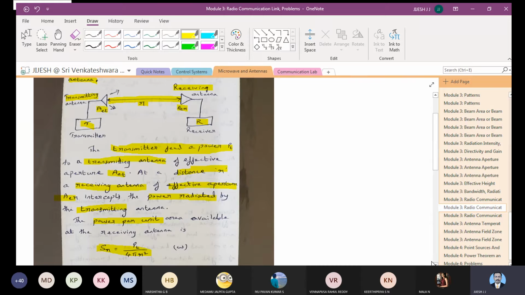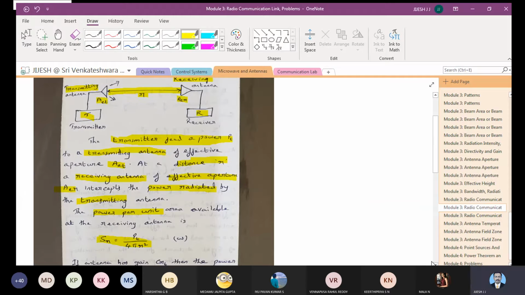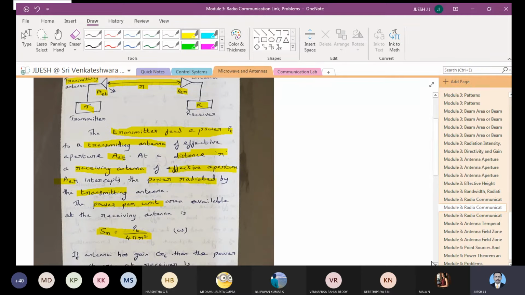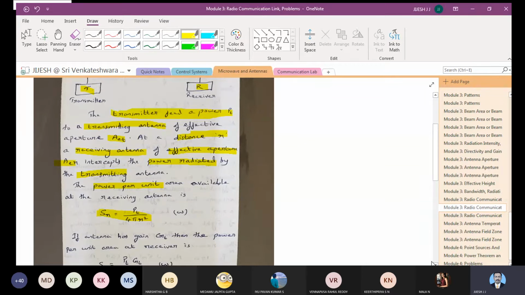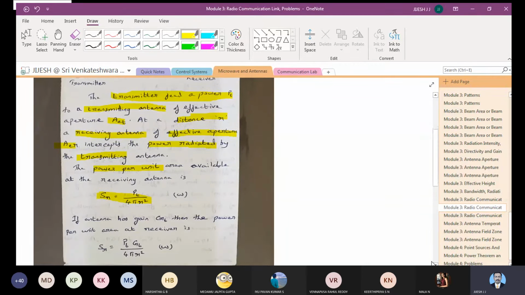Okay, so we have this transmitter, receiving antenna, all these things. We'll be using the equation for transmitted power. Finally, we'll be seeing the equation for the power transmitted or the power received. We have seen a few parameters like directivity, and the gain parameter. We'll be trying to use those in this equation. So let us take this.